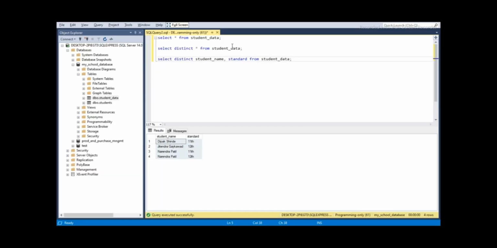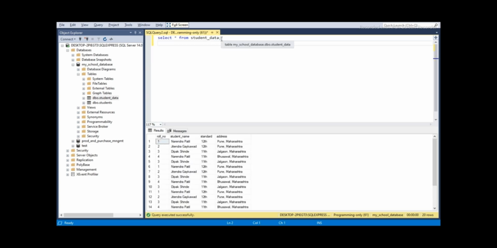So let's come back to our management studio and let's check the student data table. We can see the student names are not in sorted order. Suppose we need the table data with student names sorted in ascending order.